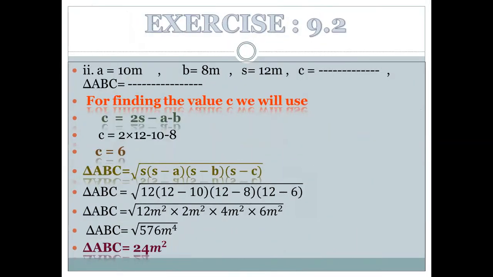Girls, these all questions are the same, so that's why I'm doing all the parts for you, and I'm telling you very quickly with the formula. I'm only repeating the formula. The method will be the same, and you know how you will put the values in the formula. In the next part, the same, C is missing. How do we calculate the value of C? The formula is 2S minus A minus B. A, B and S are already given. You only put the values over there. Get the value of C, which becomes again 6 centimeter, and you will put it in the formula, and at the end the triangular region area is 24 meters square.